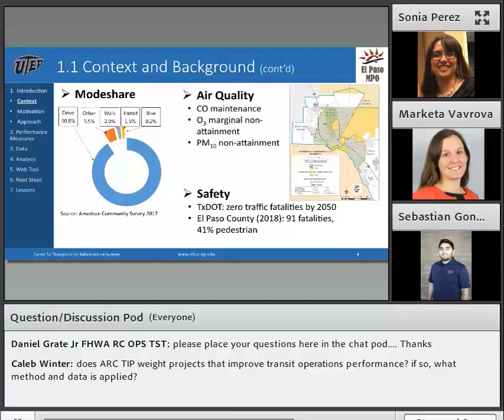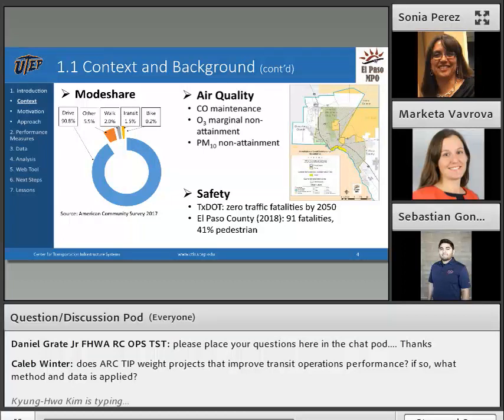In regards to safety, the statistics of 2018 show there were 91 fatalities in the county of El Paso in that year, of which 41% were pedestrian fatalities. The MPO has adopted the state's targets, New Mexico and Texas targets, and also the Texas Department of Transportation has adopted a vision of zero traffic fatalities by 2050.